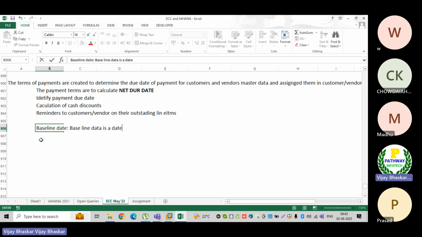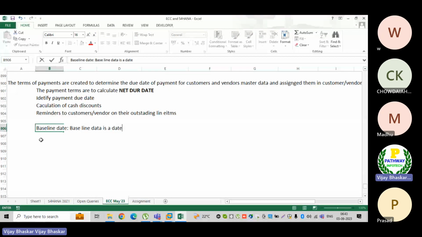Baseline date is a date. Remember, this is from an interview point of view. This is important, and there could even be a chance that it is asked as an interview question.